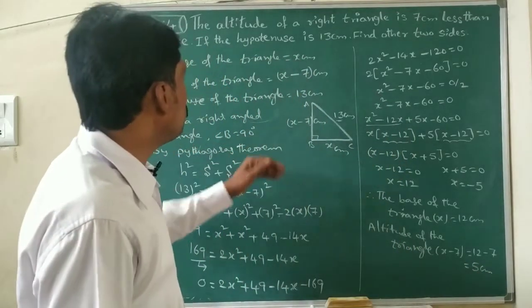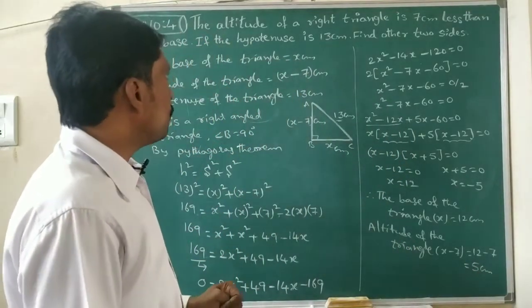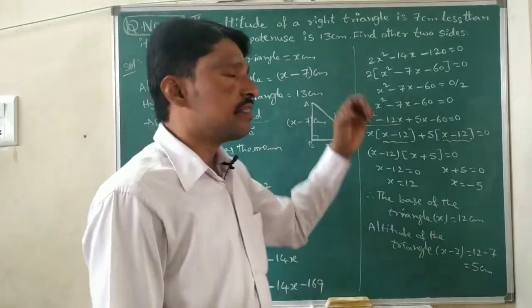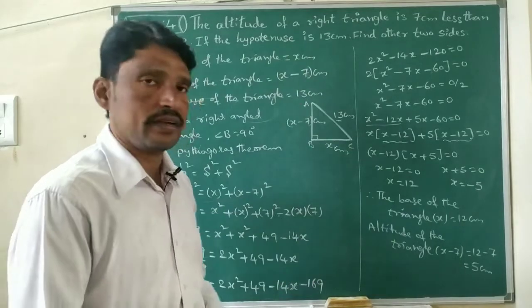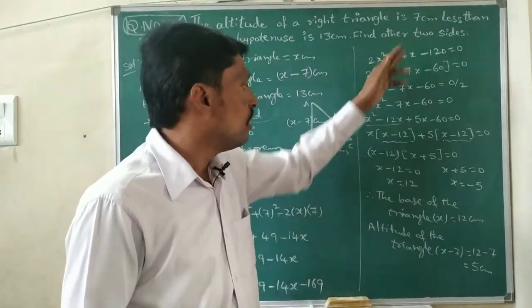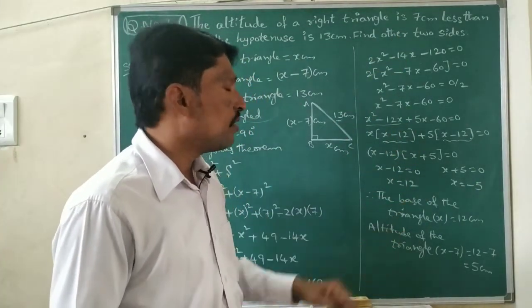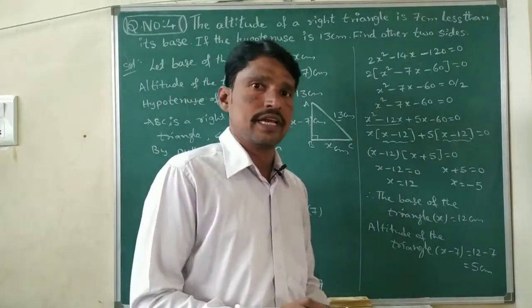So this is about the altitude of a triangle is 7 meters less than its base and hypotenuse is 13 centimeters. We got here the other two sides. One is base, one is altitude. Next one it is